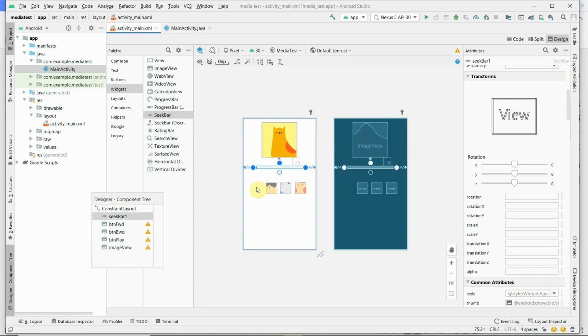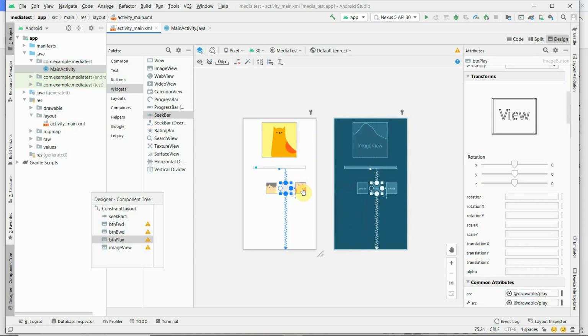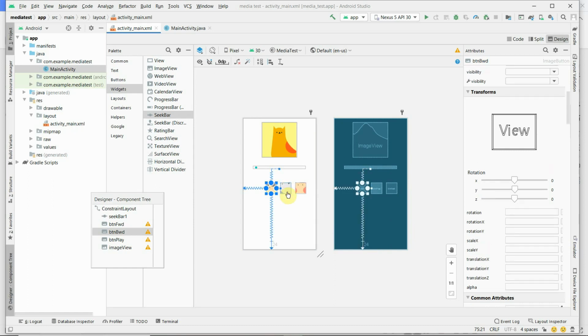Next, for the backward, play and forward buttons, we have to keep image view buttons once again.